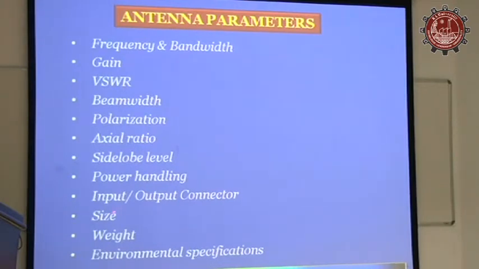Then comes size. What size can you accept? Somebody can say, I can give the antenna meeting all your requirements, but this is my size. Can we use it? We cannot use it. Especially for EW, size and weight are very important, especially for airborne platforms. So this is also one of the important parameters. Then weight. When size is bigger, weight also goes up.